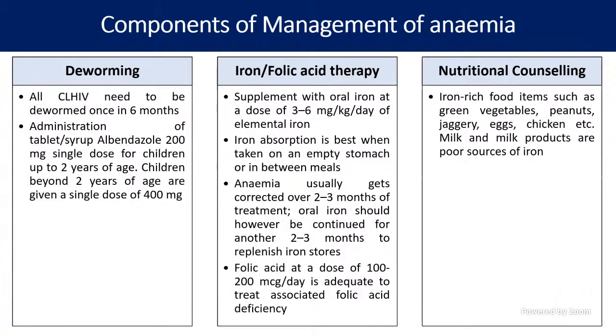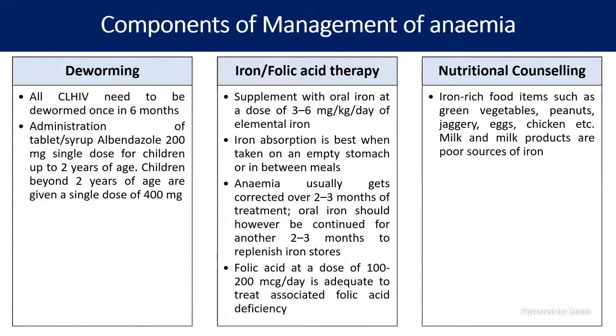Okay. Then you will start iron therapy. Now iron therapy, how will you give it? The dose is between 3 to 6 mg per kg. And this iron is best absorbed when the child has an empty stomach, so you can give it in between the 2 meals. And how long should you continue? You should continue almost up to 3 months, because initially within 1 week when you give the iron, the child's malaise comes down, irritability comes down, easy fatigability comes down, retic count improves, and all those things will be okay. But why we want to continue for 3 months is that iron stores also have to be replenished. So we will continue till 3 months.